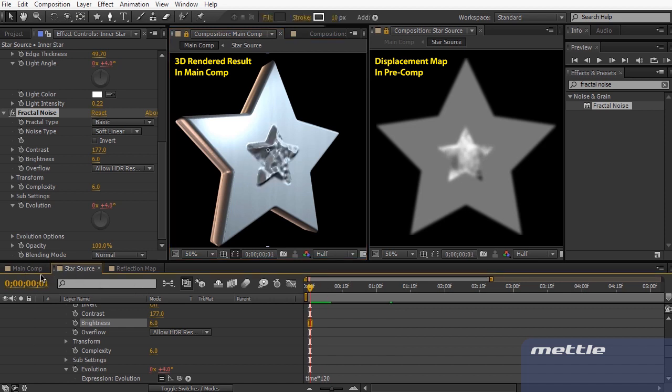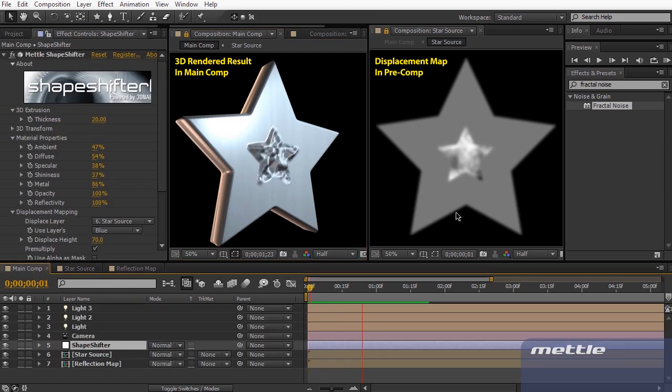So if we do a quick RAM preview, you can see that we have this nice warping animation inside the inner of the star. Kind of reminds me of Stargate. You get it? No? Okay. Anyways, that's just to give you a brief idea of what you can do by animating some